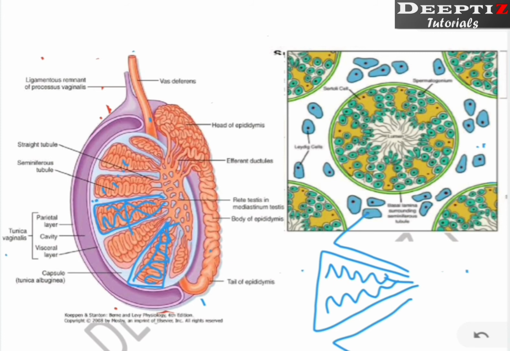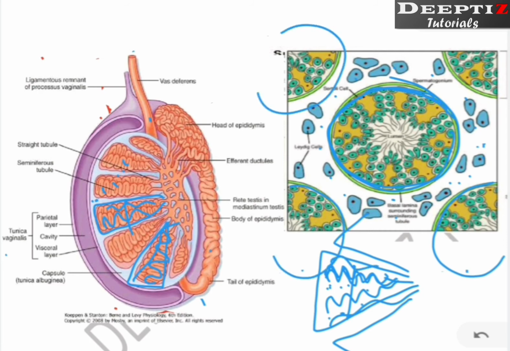Now if I cut this tubule this way, what can I see? These tubes in round form, right? Apart from that, I can see the space between these tubes. Are you getting what I am saying? If two tubes are there, I will see one like this, and one more like this, right? If many tubes are there when I cut, there will be 1, 2, 3, 4, this way tubes are there. So what is the connection between these two diagrams?